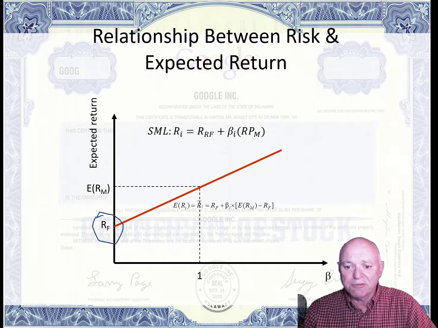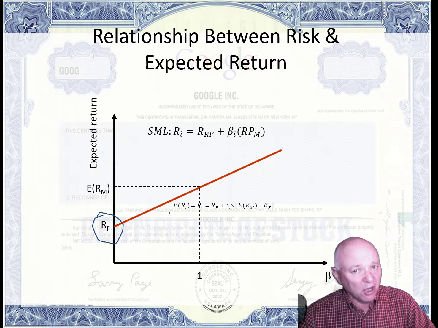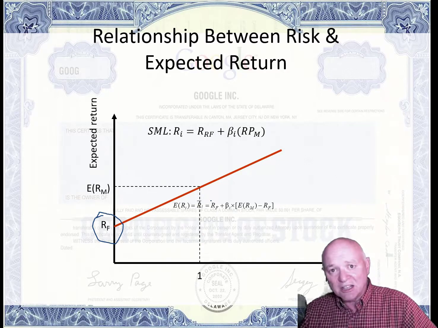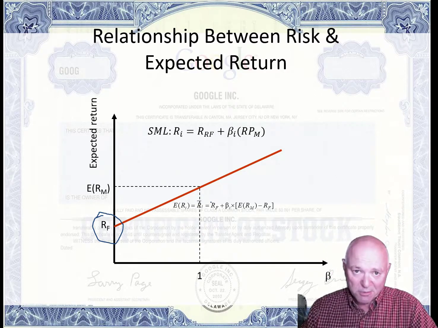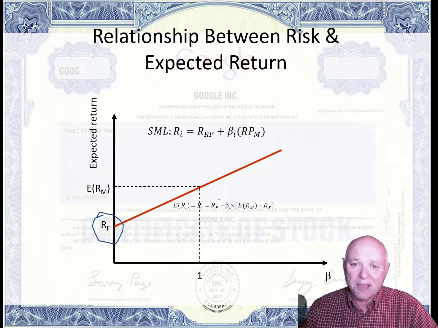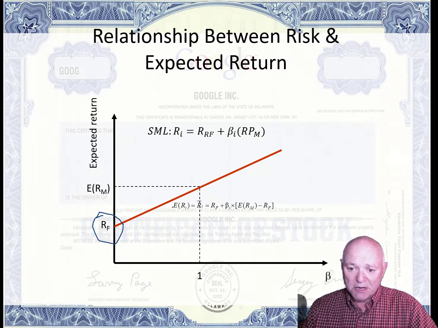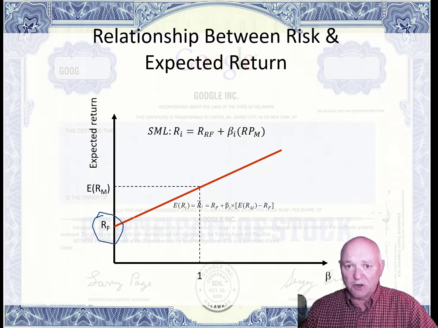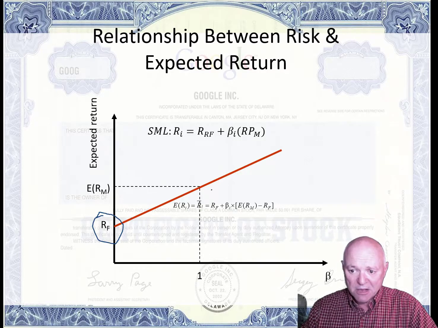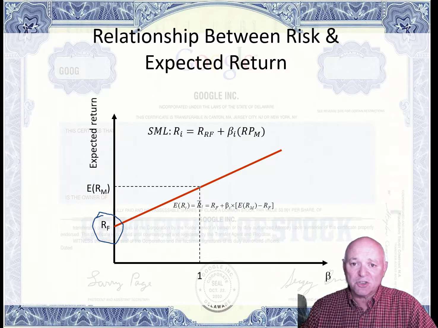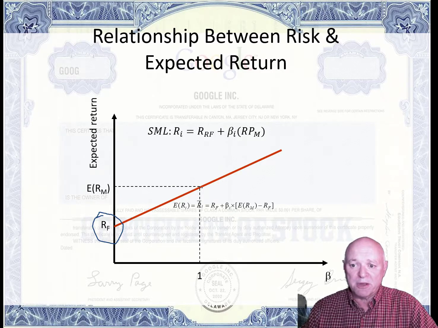The lowest possible return that we can have is the risk-free rate. We could put all of our money into government bonds and leave it there. The only thing we'd have to worry about would be inflation. That would be as close to risk-free as you get. If you put your money into a very low-risk stock, you're going to earn a fraction of the market premium. And if you put it into a stock with a beta of 1, you're going to earn the market premium,